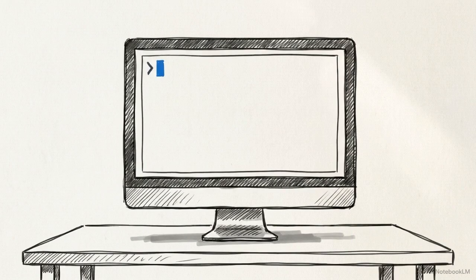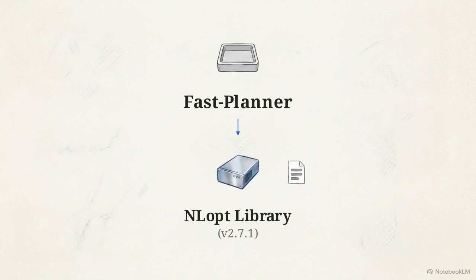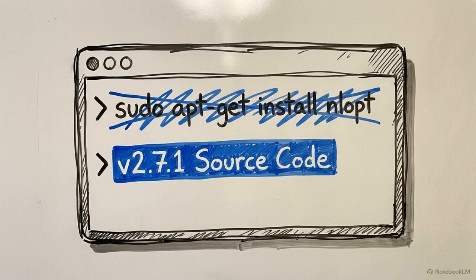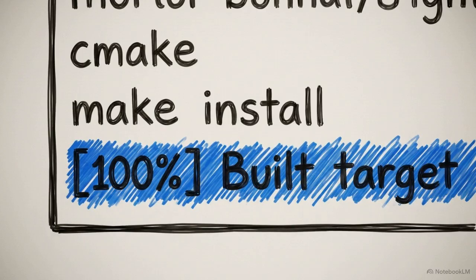Step 1 is acquiring the necessary dependencies. Open a new terminal window. The planner relies on a specific nonlinear optimization library called NLopt. You cannot use the default package manager for this. You must build version 2.7.1 directly from source. This terminal mockup shows the exact sequence required. Clone the NLopt repository, create a build directory, and execute the cmake and make install commands until you see the